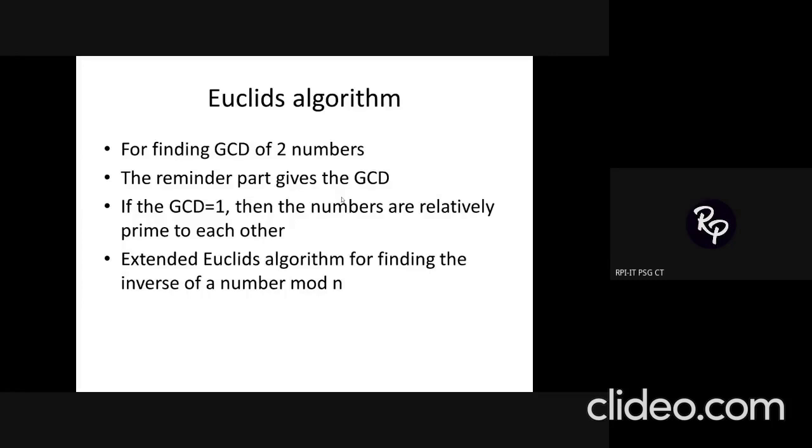So relatively prime numbers play a very vital role in cryptography. You need to always make sure that whenever you are selecting the keys or the passwords, it should definitely be a prime number. Only when the GCD of any two numbers is equal to 1 are they referred to as relatively prime numbers. I told you Euclid is used for calculating GCD and extended Euclid is used for calculating the inverse of a number.